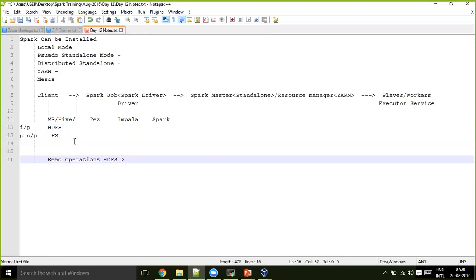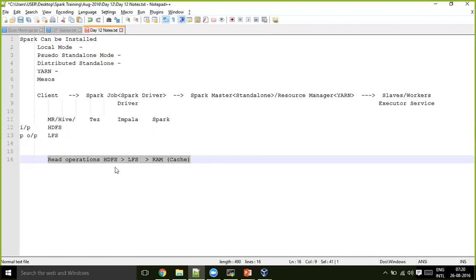They take more time than reading from LFS. Do you agree on this? And reading from the local disk always takes higher time than reading from the RAM. So this is the read performance phenomenon.